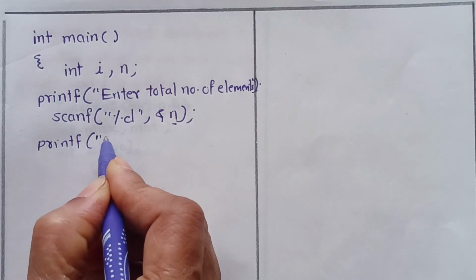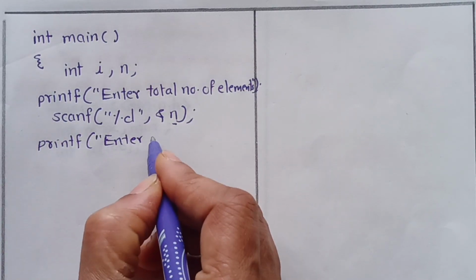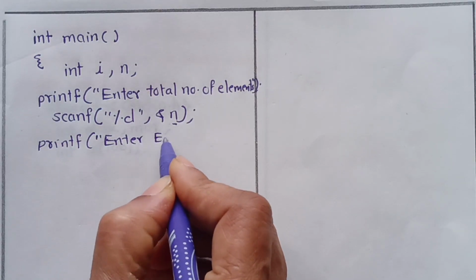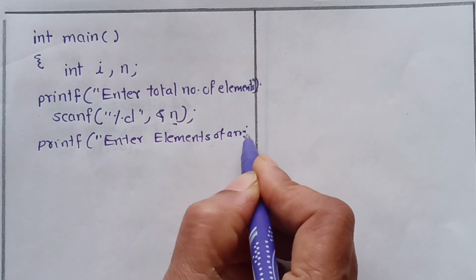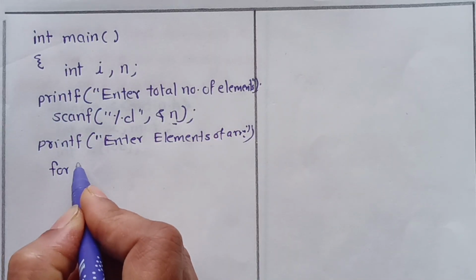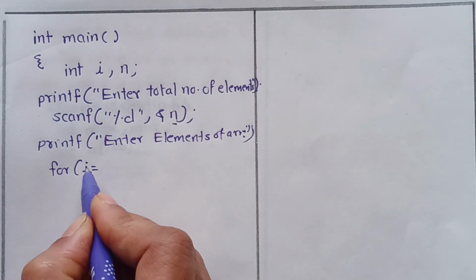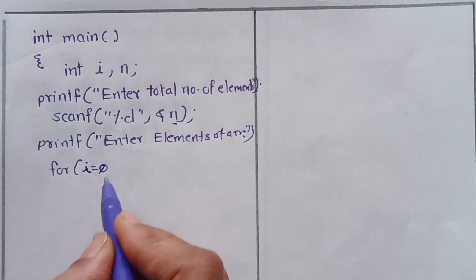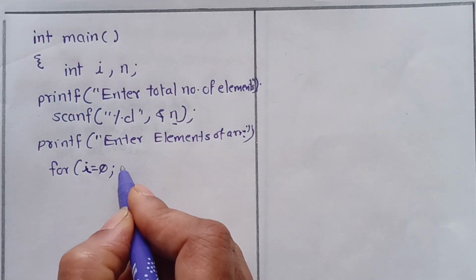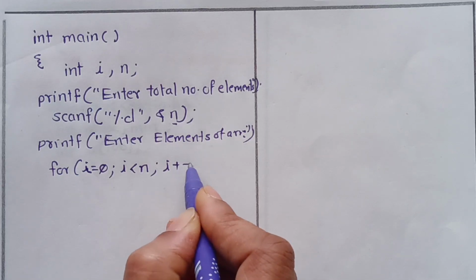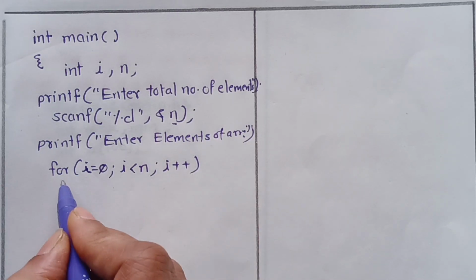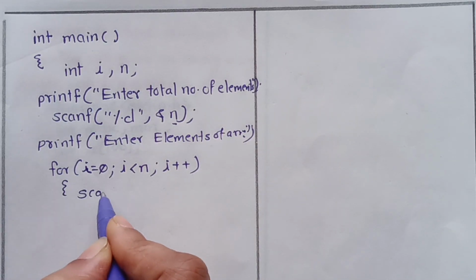So for that you write printf enter elements of array, and for that you have to take a for loop here. The index will start from 0. Array will start from 0 here. i equal to 0 to i less than size. Till size you have to take, and then you have to increment this i value. Then you have to read